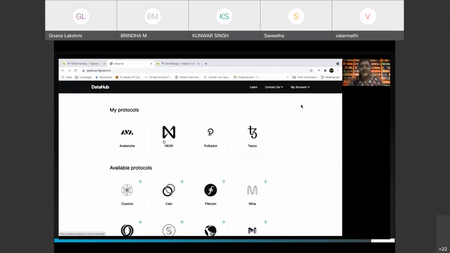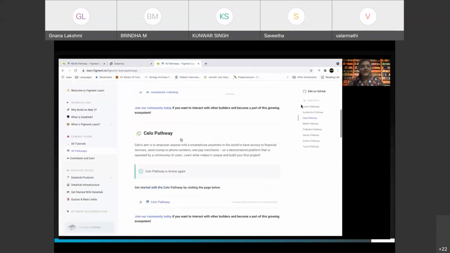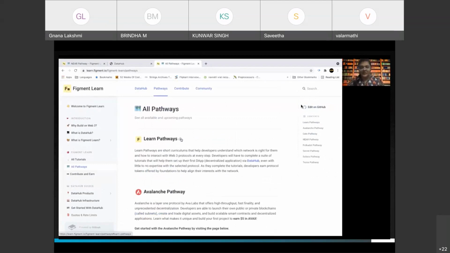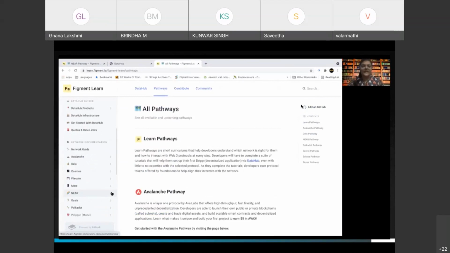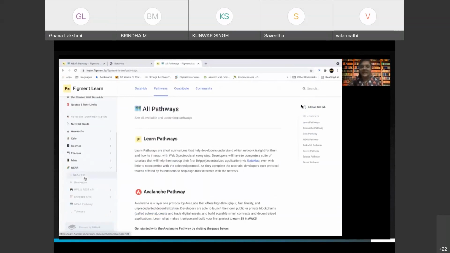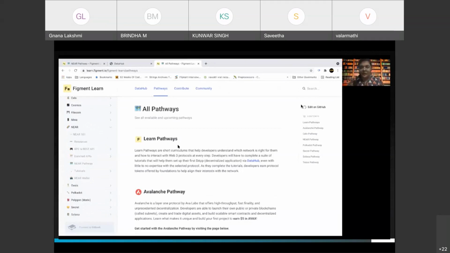So Figment Learn is actually a project which has been given a grant by the Near protocol to build tutorials. As you can see, Figment Learn has various Web3 pathways that you, if you're also interested eventually to explore, you can. And it tells you about the entire protocol in a very simple manner. Like you can see, there's like a 101, the RPC and the REST API. So basically, Figment runs their own node and exposes an API for us, which we can use to connect to the node and explore the blockchain, which is what we would be doing.